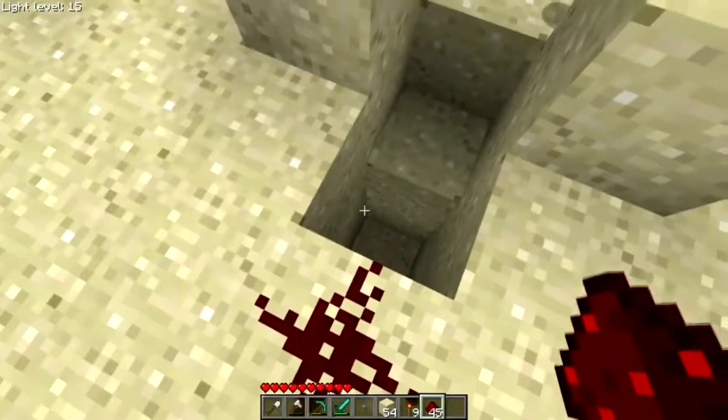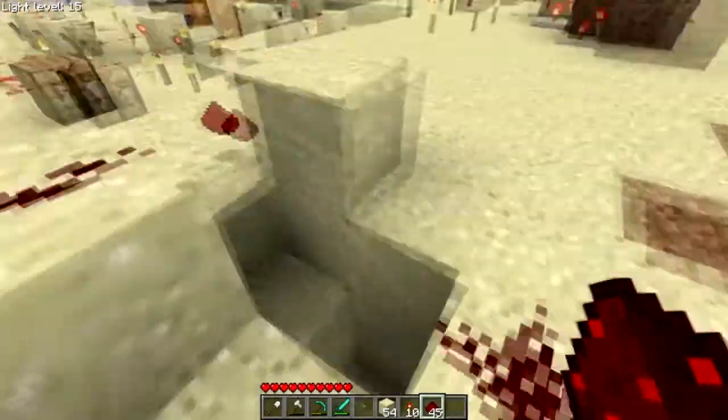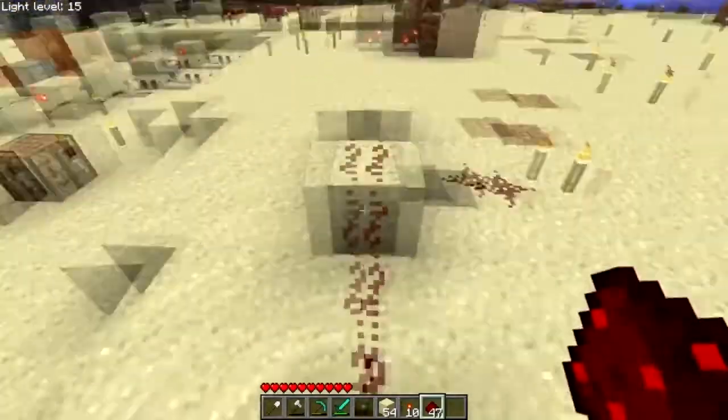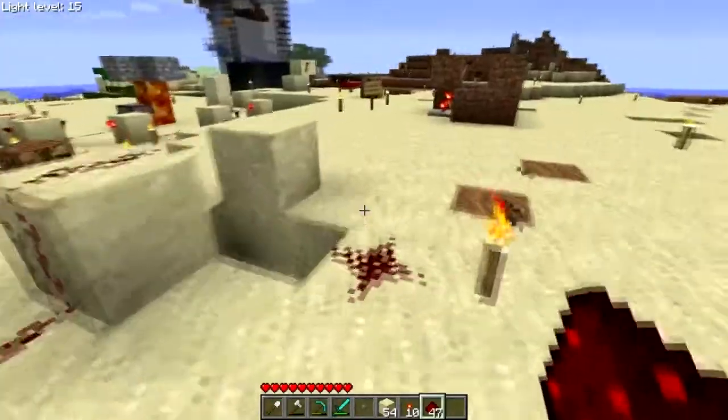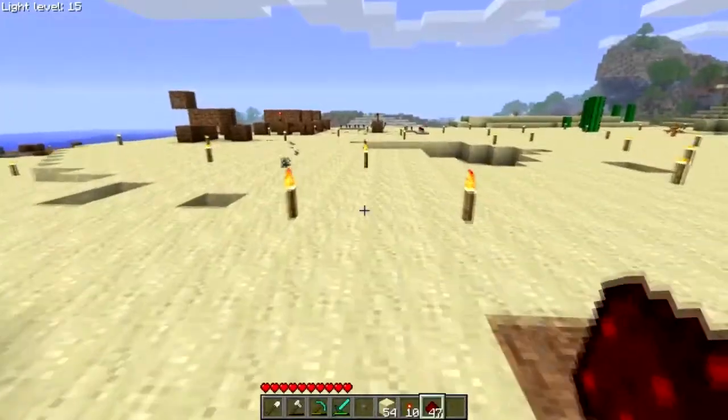Whoa. Oh wow, that was funny. Apparently I updated the block and the sand fell through. But like I was saying, you could put it on either side you want. You can run the outputs all over the place. So it's a really nice latch design, very adaptable. If you want to see one